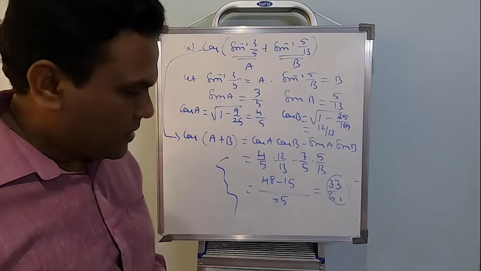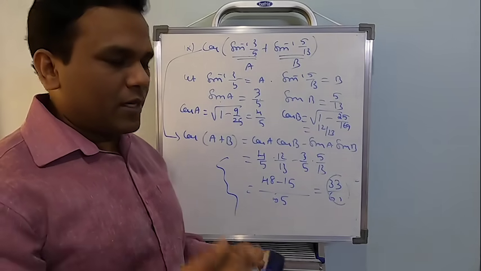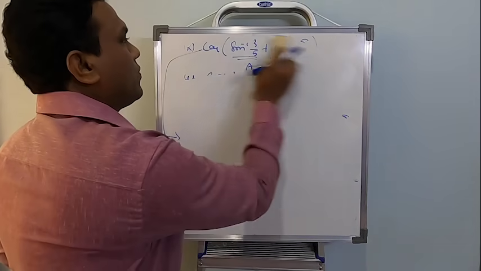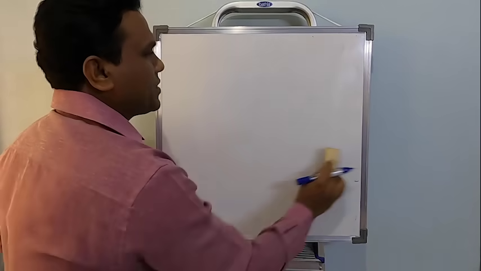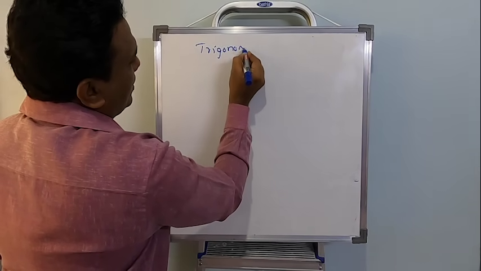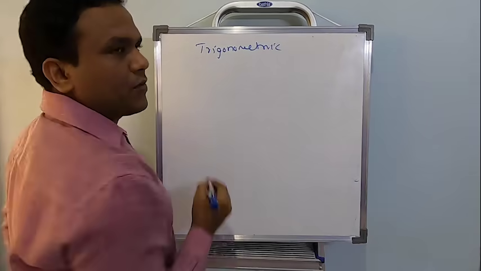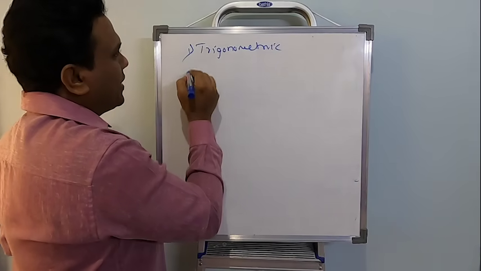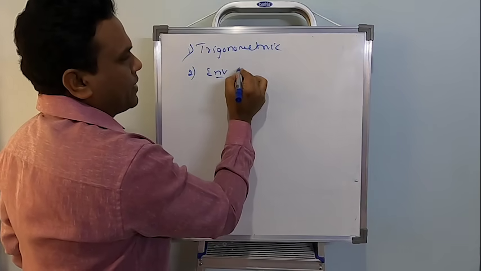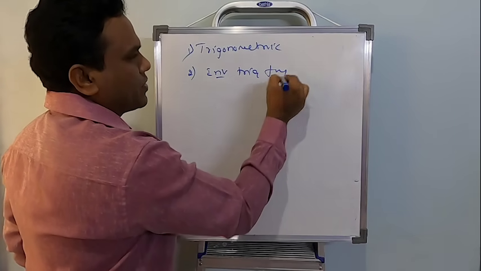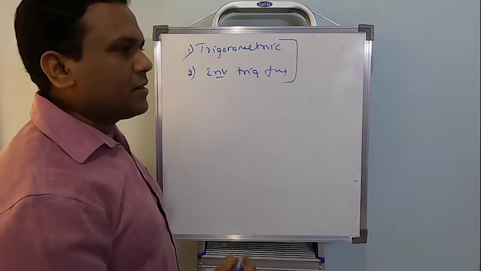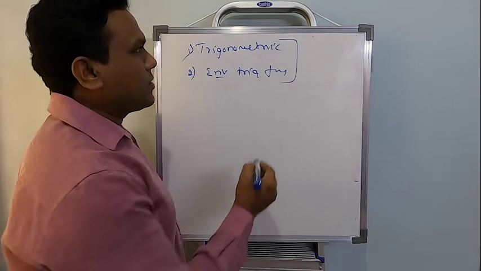So I told you what are the basic ingredients you require to study this chapter. This chapter will be very much easy. Only one thing you should know from the first year: you should know the first year trigonometric formulas. That's the first thing you need. Second, whatever formulas we listed in this chapter, inverse trigonometric functions. If you know these two things, then you can solve any problem from this chapter.